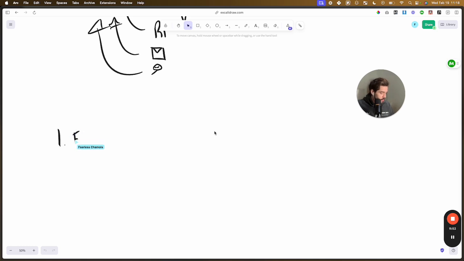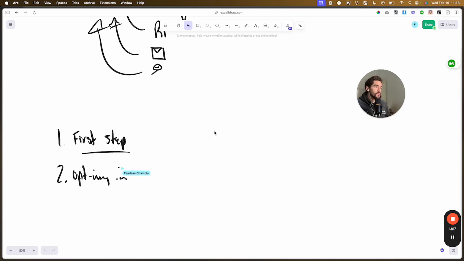So first step, is it good or not? We're getting clicks for like $1.50, and then probably $8 on Google, and I feel like that's pretty good. And then of the people that click, are they opting in? And then of the people who are opting in, are they qualified?